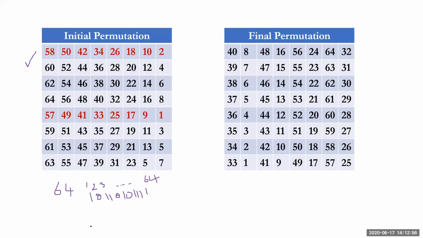The 58th bit of the actual plain text will be the first and foremost bit before operating the first round, and the 50th bit will be the second bit in the initial permutation. Likewise, the permutation happens. While answering in your final examination, this initial permutation and final permutation are very, very important to write correctly.